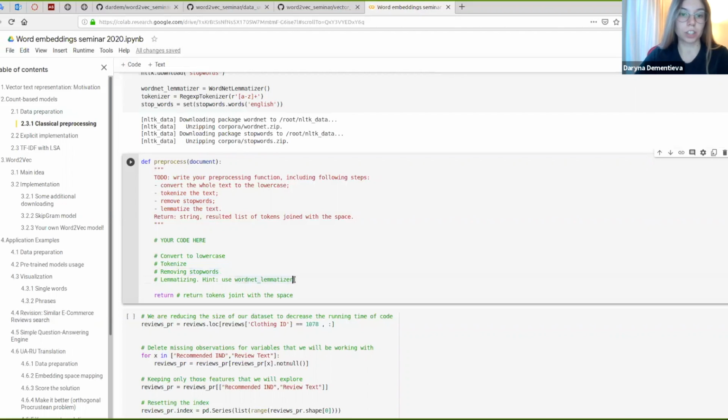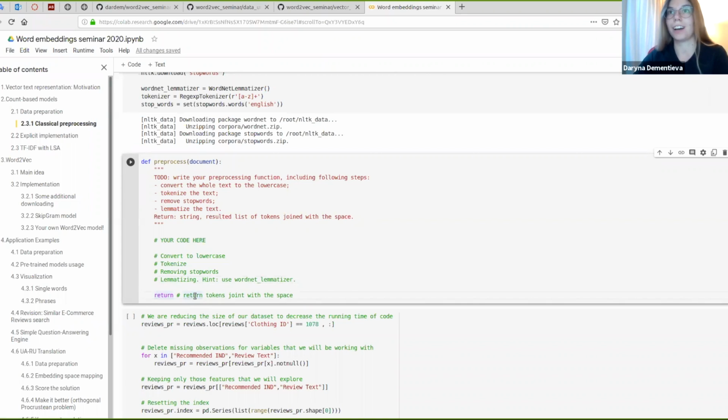And after that, we need again to get words in their initial form. So we need to extract lemmas. I believe that everybody remembers what lemmas are. It is one of the initial forms of the word. So you can extract stems or you can extract lemmas. A lemma will bring you the initial form from the word. The difference is that with stemming you just cut off the ending of the word, but with lemmatization you really get the initial form. And after that, you will have the list of tokens,